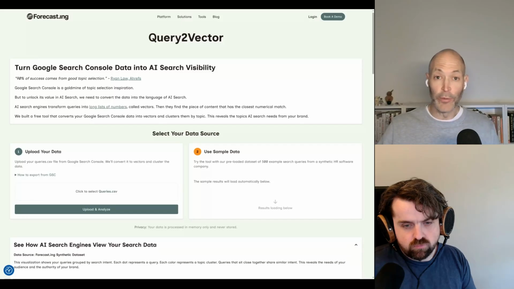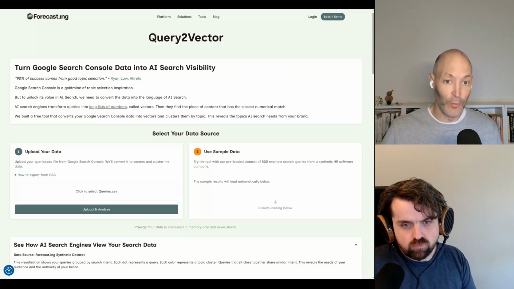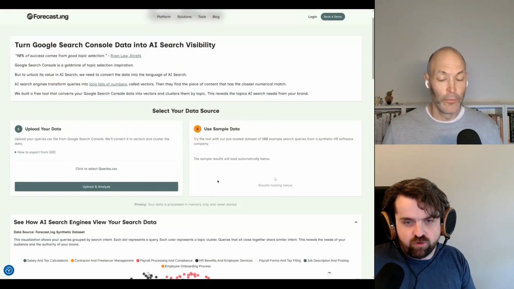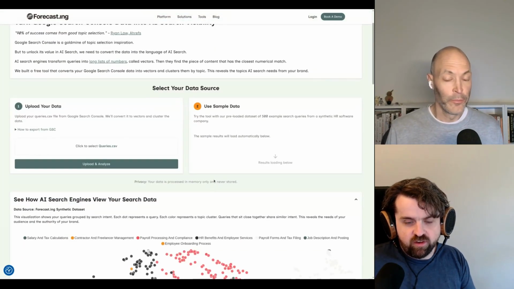We wrote an article recently on search intent tools, and one of the big technology innovations that we've been working with are vector embeddings. Robin, do you want to talk about what this search intent tool does using vector embeddings? Yeah, so this is a tool that we've created for free use, and it takes your GSC data, where you